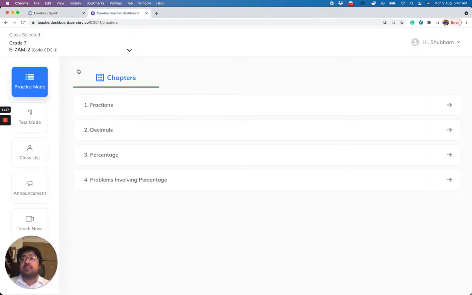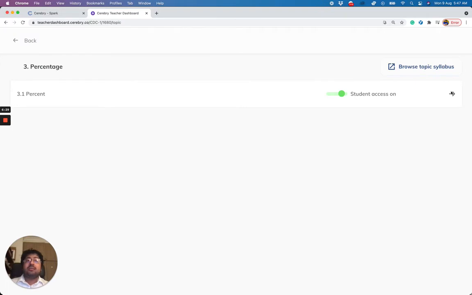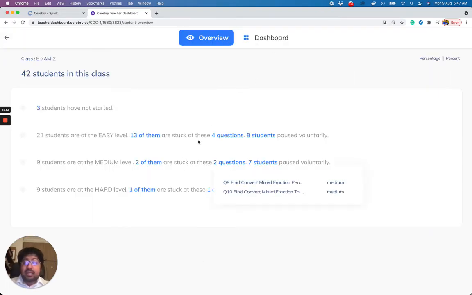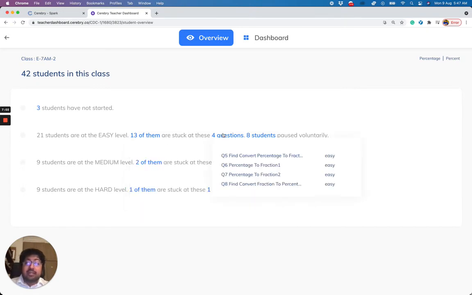And as a teacher, when you go to the class, you immediately see where the class stands based on your last lesson. And again, because we are not tied to a static question bank, and it is very flexible to adapt to a teacher's lesson plan, we can align it such that the teacher is able to give a homework after every class. So schools replace the textbook, all the homework, assessments with Cerebri, and as soon as the teacher comes to the class, they will see that, okay, out of 42 students in the class, 13 students are stuck at 4 different learning objectives.